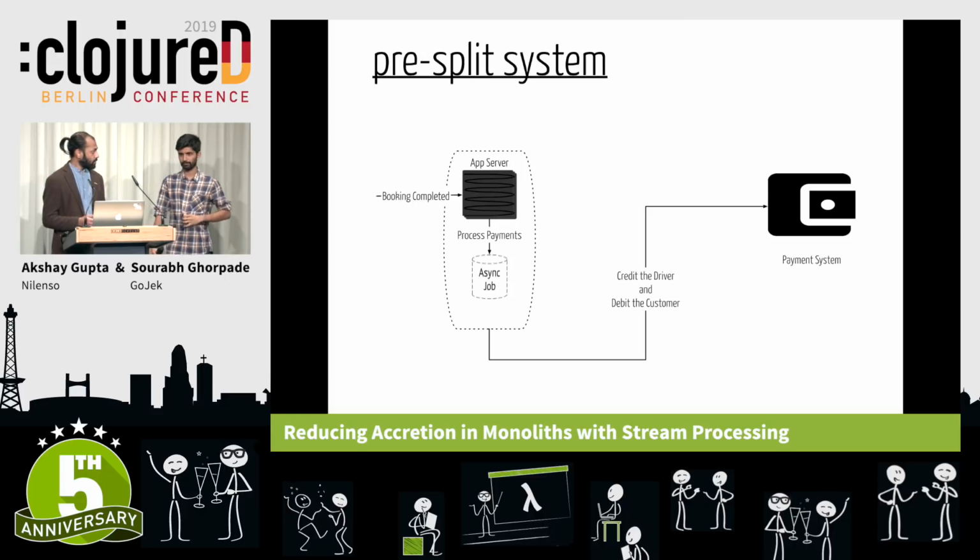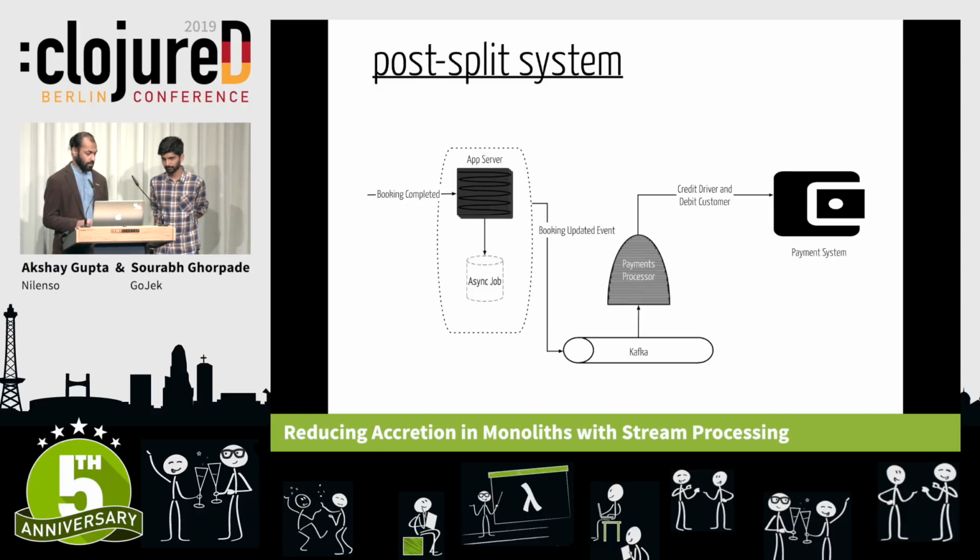The pre-split system, much like the stream notification system, looked like this, where there would be an async job, which would just make a transaction and call into the payment system. And the next move was basically just, again, send an event out. A service would read that event and call the payment system, thereby decoupling the payments processing bits from the OMS